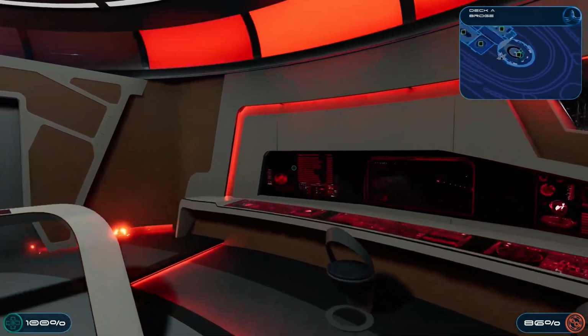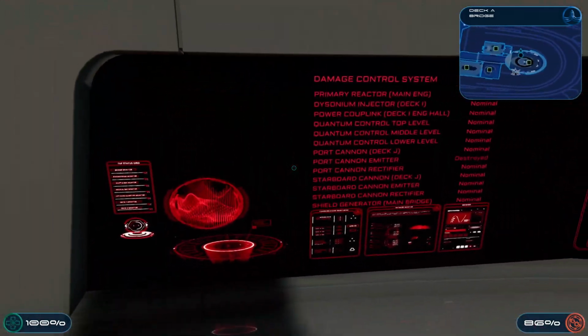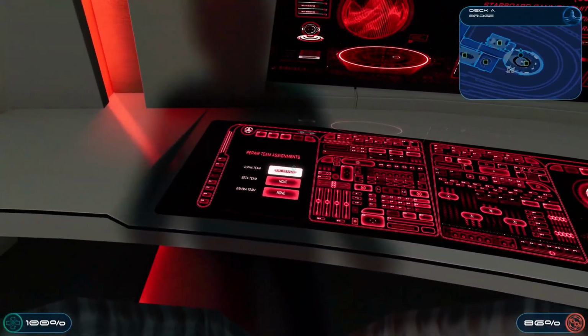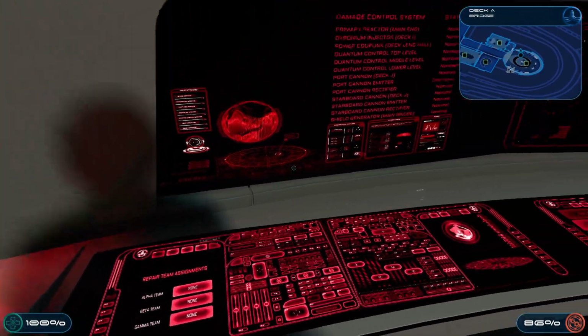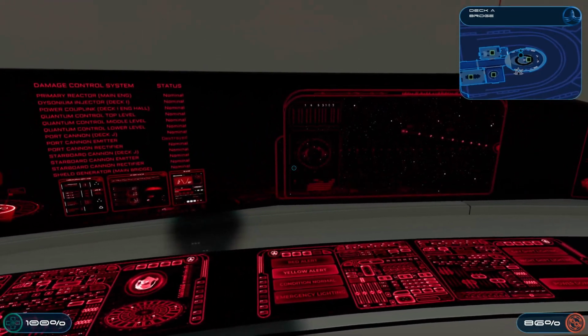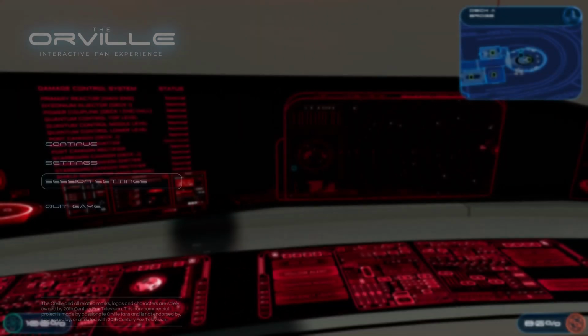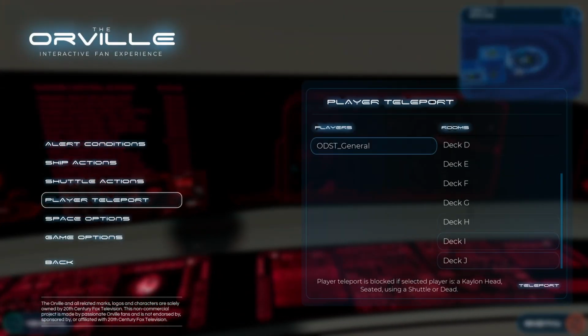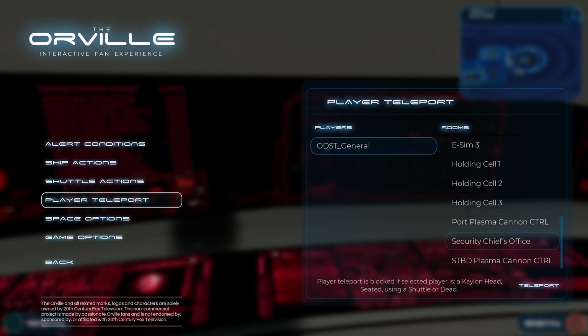So as you take damage in these various areas, it's going to have different effects. So we need to repair it. Now, we could come here and say, hey, come here and repair the port emitters or port weapons. But let's actually go in here. And I gotta remember, because I can't remember what deck this is on. It's down lower, I remember that. So it's